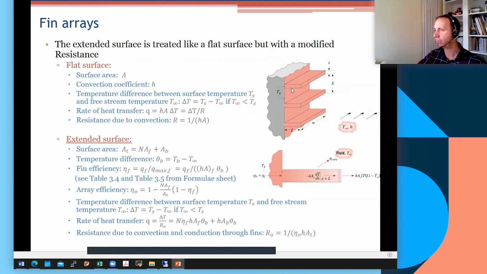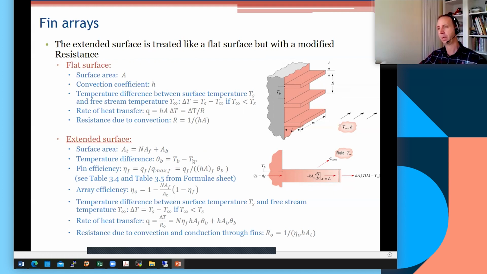But typically, very often you neglect that area, you neglect the top and the bottom. It depends on how thin that structure is. Then AB stands for the area of the base, which is not covered by the fins. So it would be this one there and this one here. Okay, so AB is the area not covered by the fin, and AF is the area of the fins. Temperature difference is written, instead of delta T, we use the Greek letter theta. Theta B is the temperature of the surface, the base, that is essentially not on the fins,